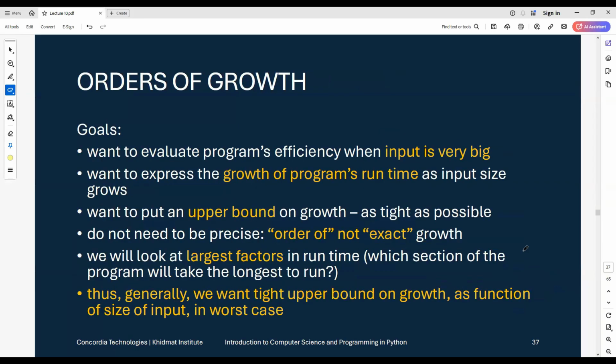We do that because, for complex algorithms or real world problems, the input is usually very big, and we want to identify the growth of the program's runtime based on what the input was. As I mentioned earlier, we want to identify the upper bound on that growth, which represents the worst case scenario on any kind of